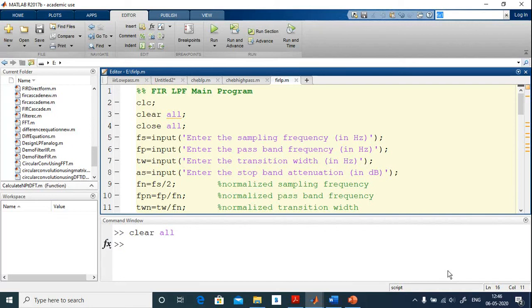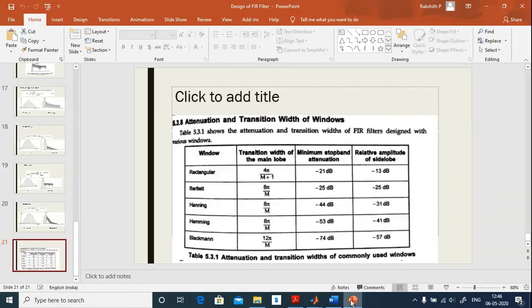Good morning. Today we'll see an experiment on FIR low pass filter design. So before I explain the code, we'll quickly go through this particular table, which is very important for us